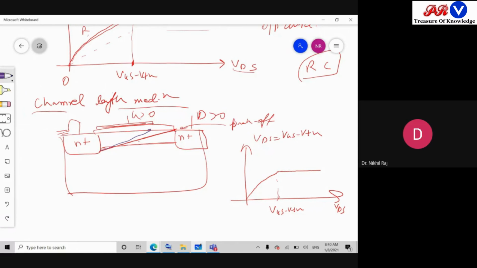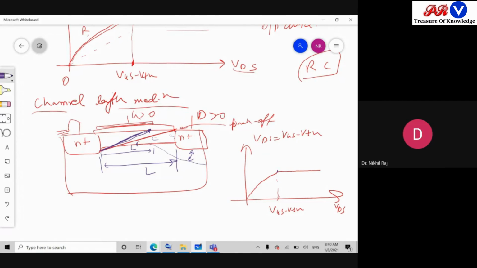It leaves the drain end and moves toward the source, and at the same time the depletion region will increase at this place. So when it is moving, what is happening? Initially this was my channel length which was conducting, but due to excessive voltage at the drain end, the channel moved towards the source, and my channel conduction becomes, let's say, L dash. It left some place.